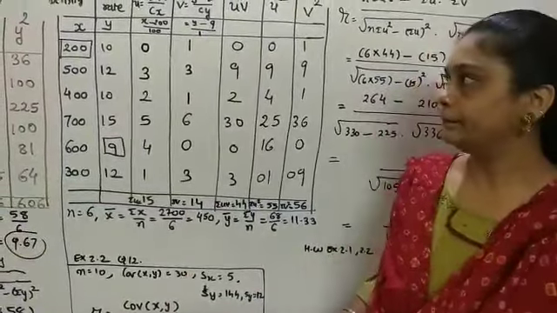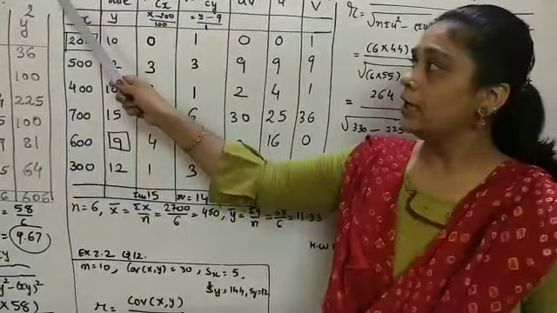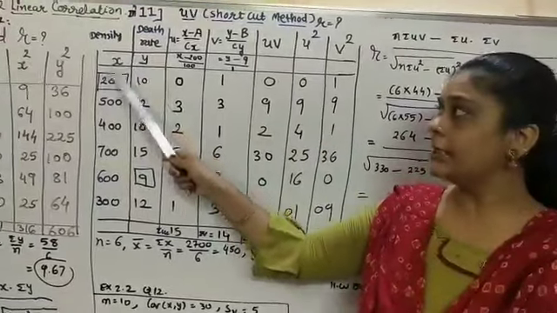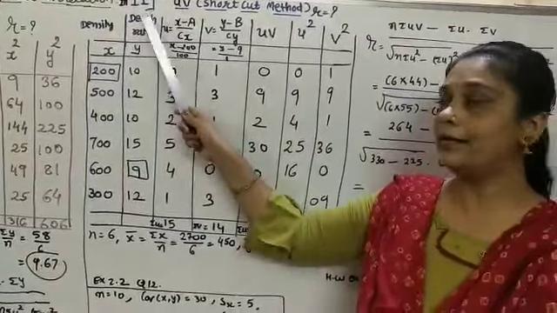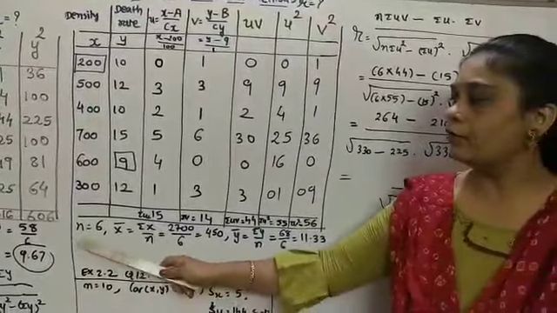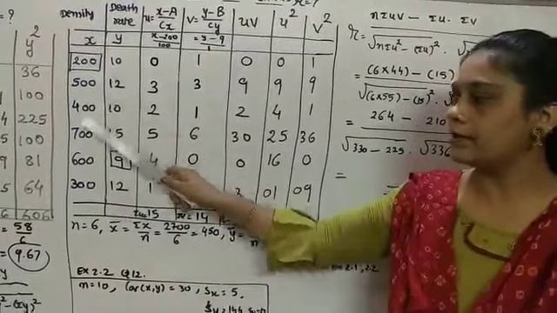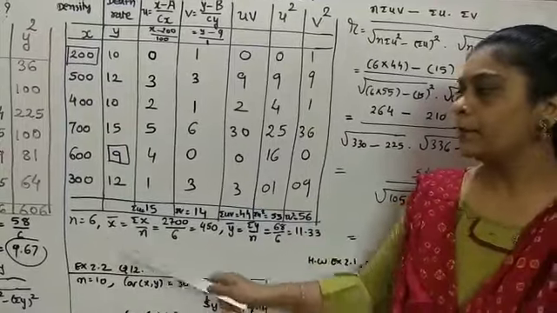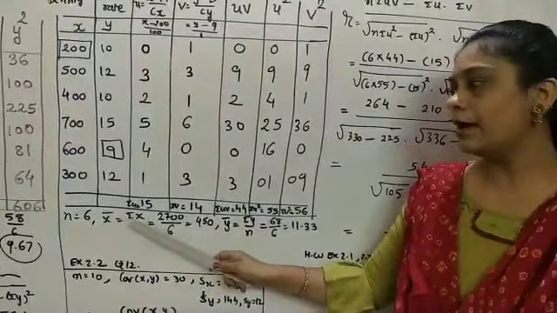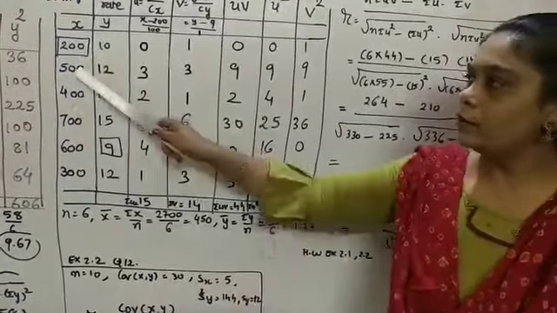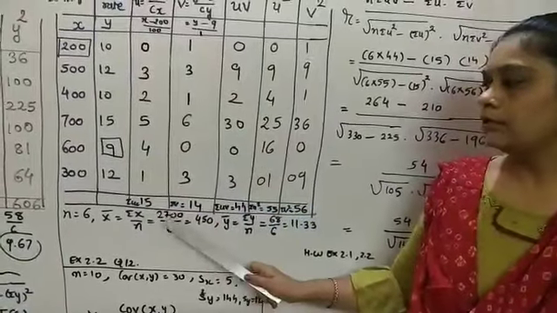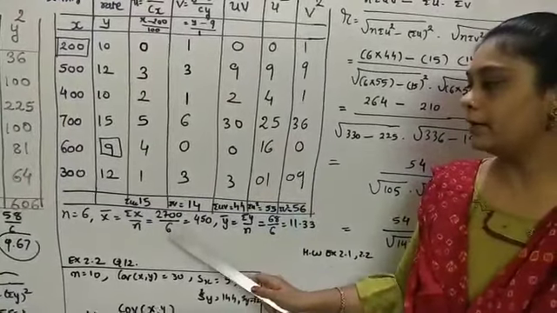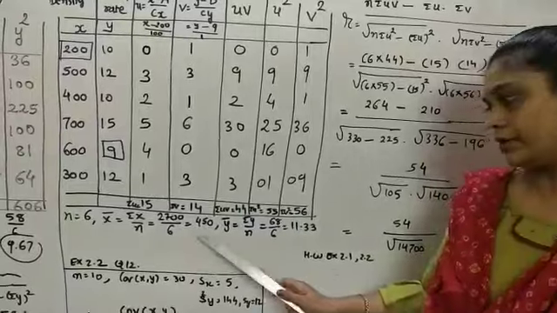Let's see with me. Two variables: x, density of different cities, and y variable, death rate in those cities. These are the columns. Leave this much space in your notebook. Clear? Below that, find out what is n. n is equal to 6, as there is information of 6 cities. Find out x bar, sigma x upon n. When I do the summation of this column, this would be 2700 divided by 6 is equal to 450.